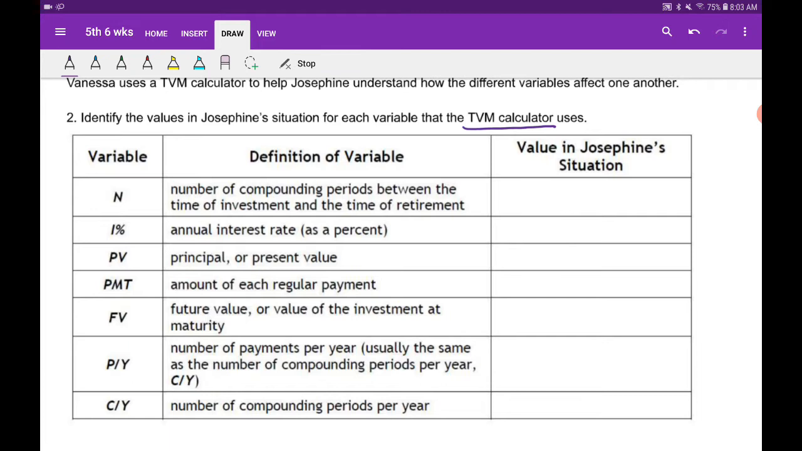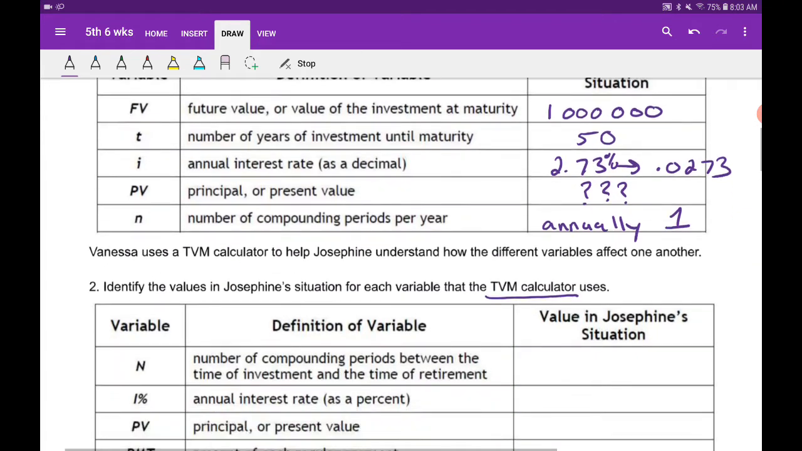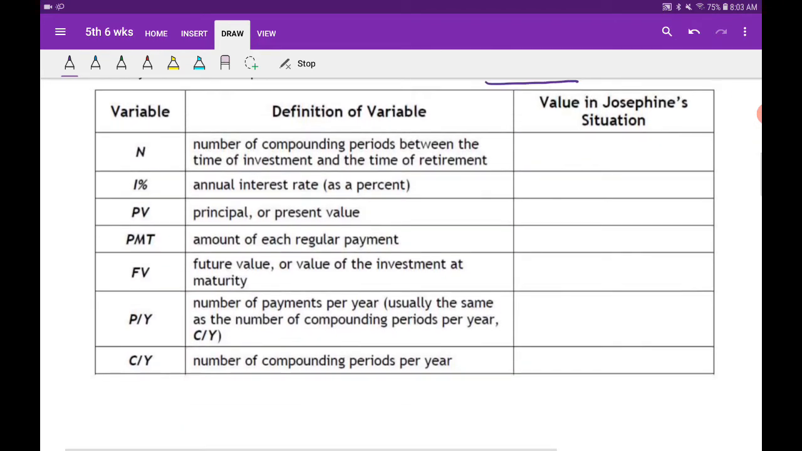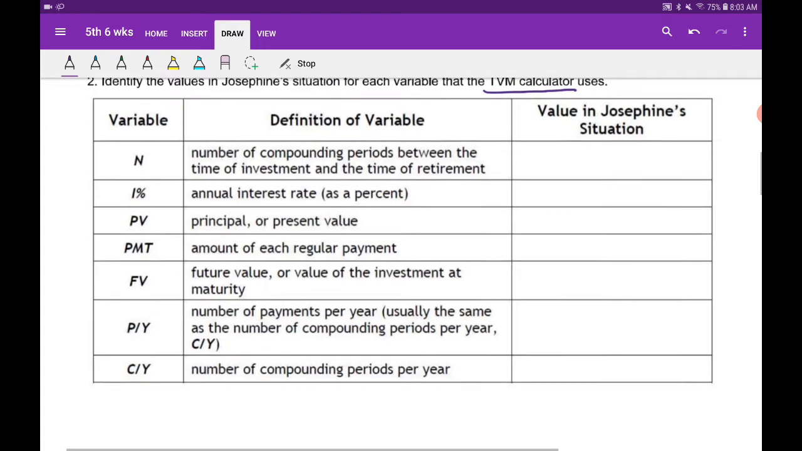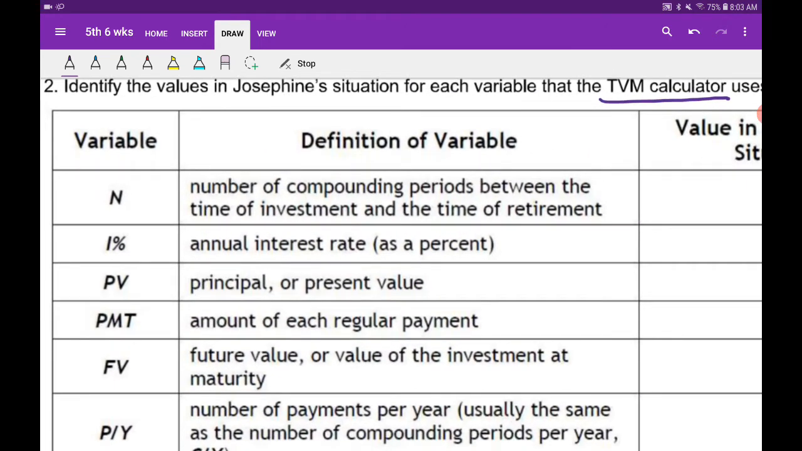Okay, so let's talk about these variables here. So notice one of the things is that there's more boxes. So you have more parts you're going to put in here. So one of the biggest issues with this calculator is big N. And what we got to do is realize that N really equals